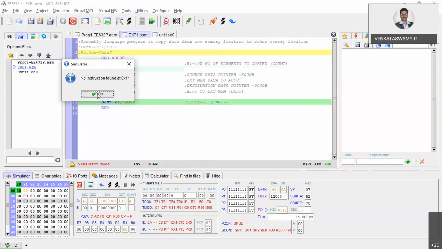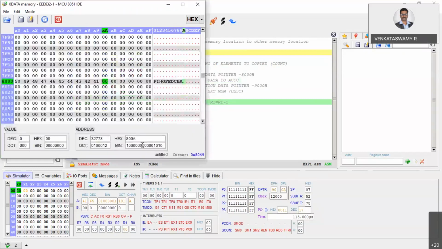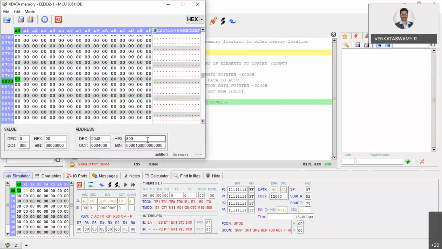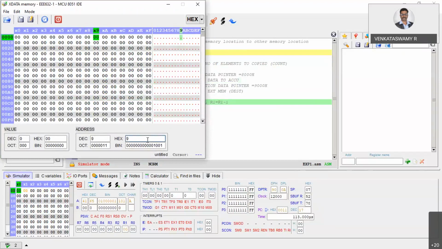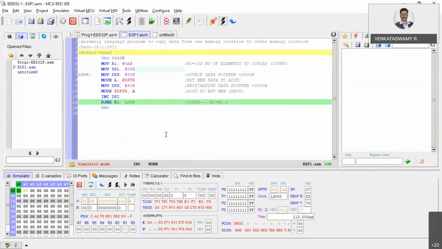Can you see there? Yeah, it executed all. And can you go to that memory location 9000? Yeah, it got copied, right? Good, good. So you got complete 5 marks, Yusuf.